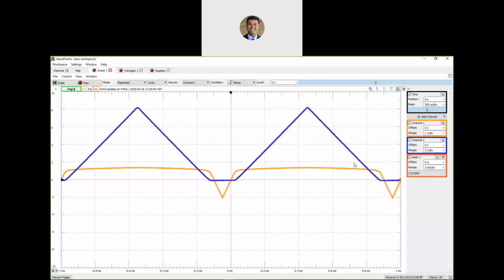Okay, so now I have voltage across the diode and current through the diode. I should be able to sketch the current-voltage relationship for the diode. And before I actually take this data into MATLAB, I can do a quick check in WaveForms itself. There is a view option in WaveForms where you can add XY, meaning one of the channels set on the x-axis versus one of the channels being on the y-axis. So when I select add XY,